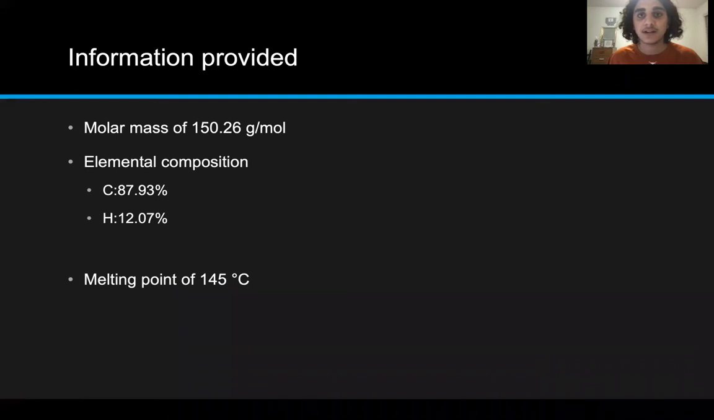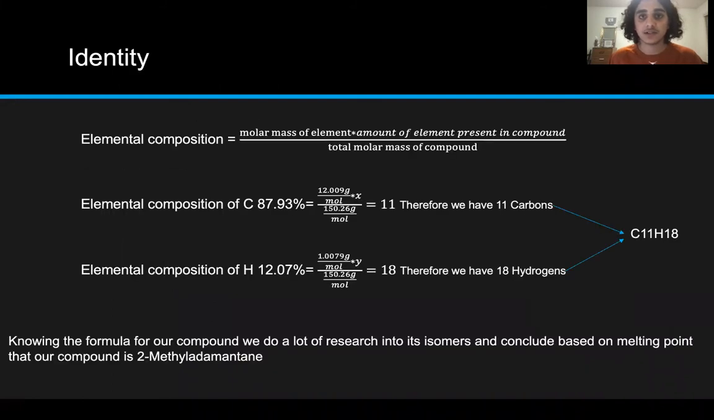The first step to finding the identity of this compound is to look at its elemental composition. Elemental composition is equal to the molar mass of an element multiplied by the amount of that element within our compound, all divided by the total molar mass of the compound. So when we do this for carbon, since we have an elemental composition of 87.93%, we're going to set that equal to the molar mass of carbon, which is 12.009 grams per mole, multiplied by the amount of carbon we have, which is going to be set to X. And that's all going to be divided by the total molar mass of the molecule, which is 150.26 grams per mole. When doing this, we get that we have 11 carbons in our molecule,